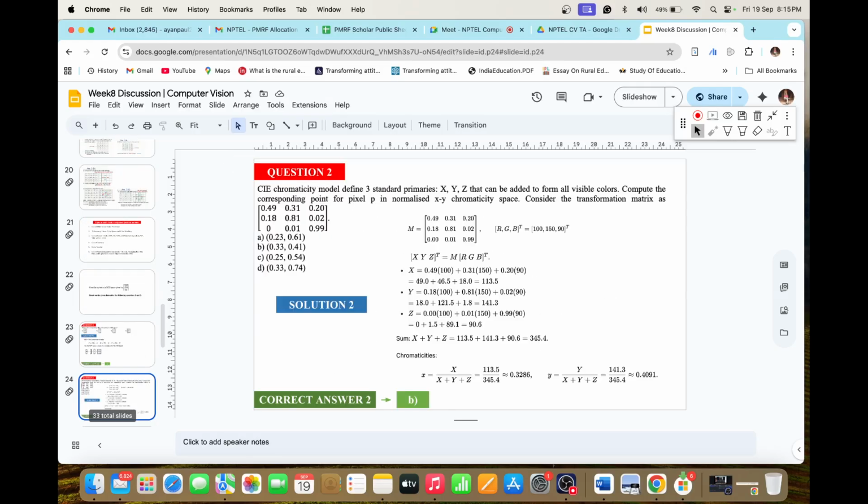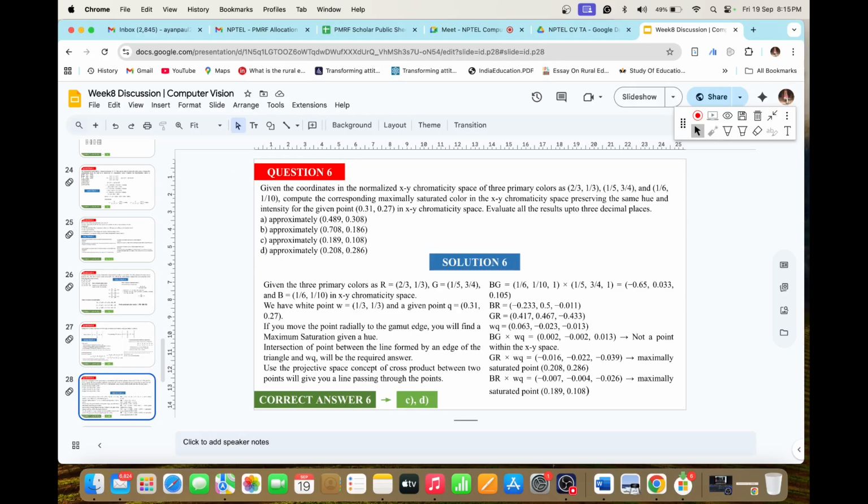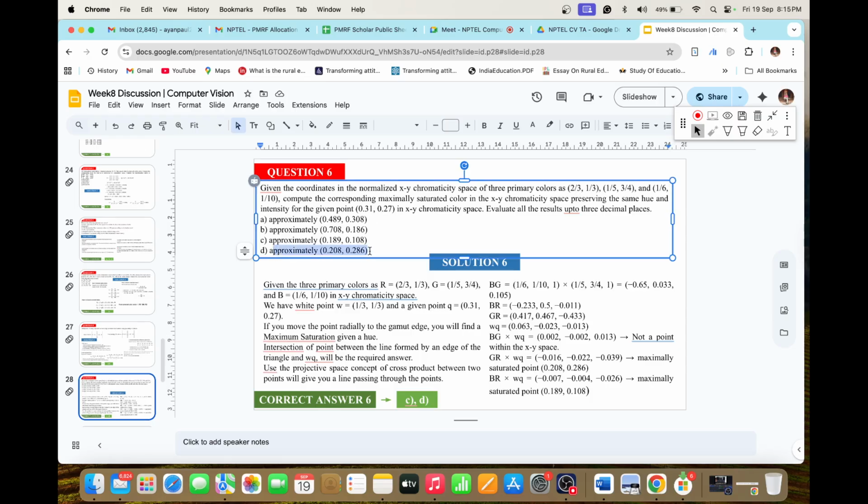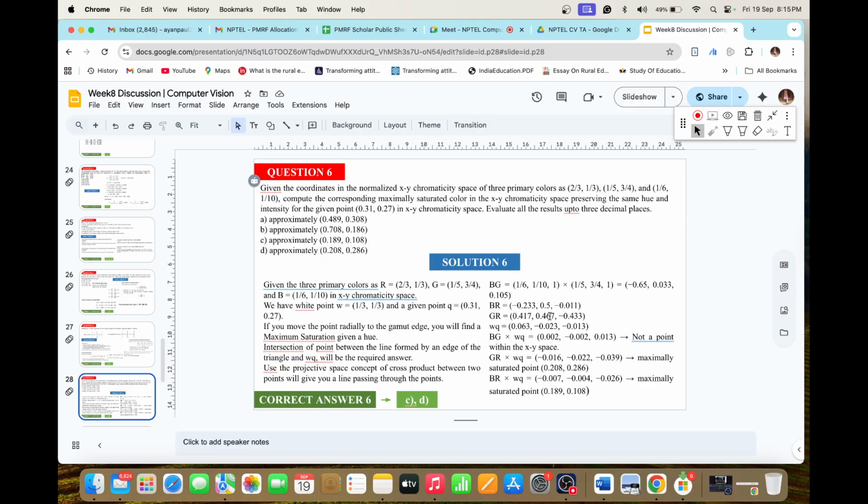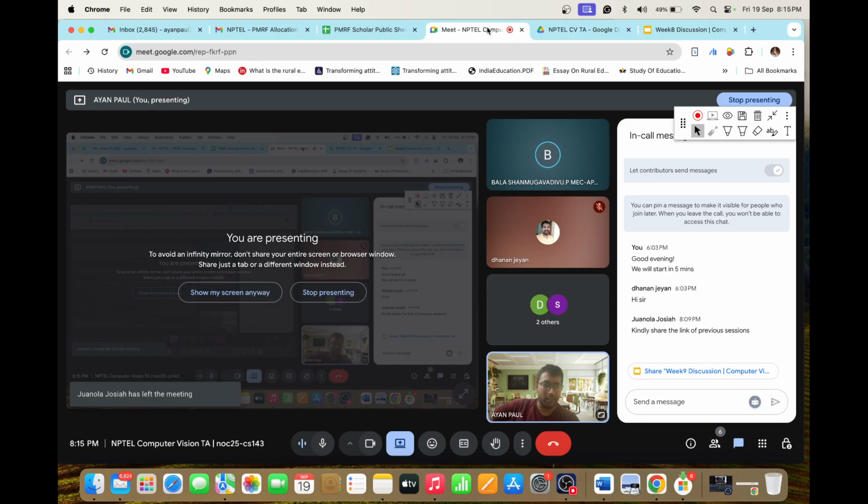The same problem is also solved in the lecture. Exercise 1 is correct. Here the values are coming wrong. Okay, no problem, I will rectify this. No issues. So you got the method, right? How we calculate this is important. Everyone got this, right? That's why I asked. I will do this calculation again.